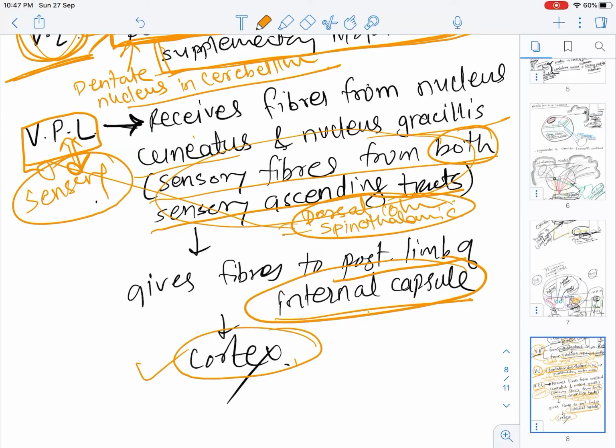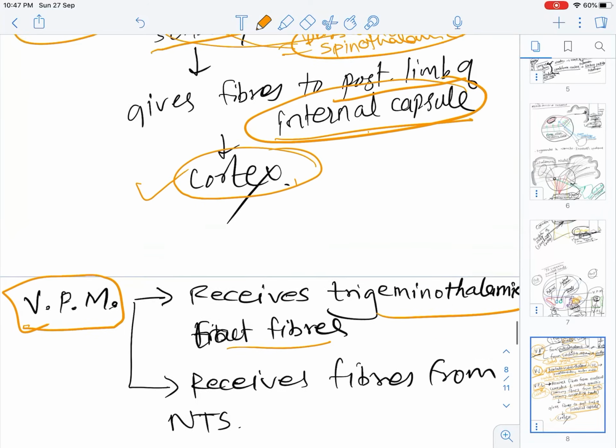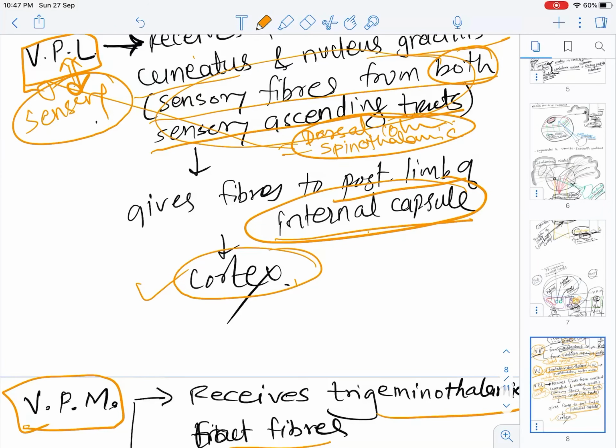Okay, so remember this pathway. For VPL, the keyword is sensory. Then ventropostromedial, it receives the trigeminothalamic tract. Now there is only a little bit of difference between these two, VPL and VPM. This is sensory fibers from body